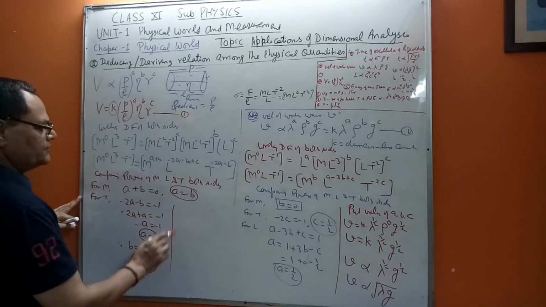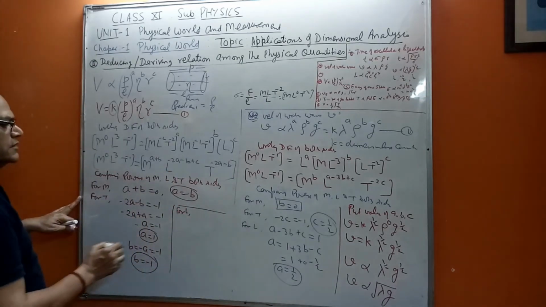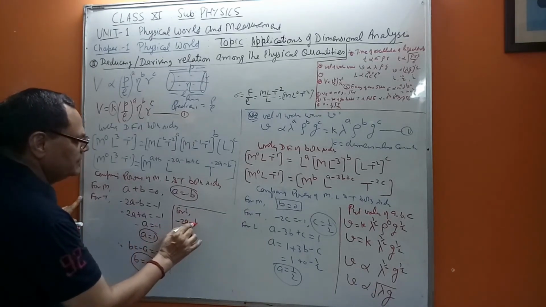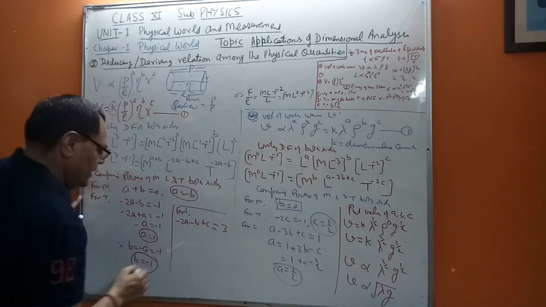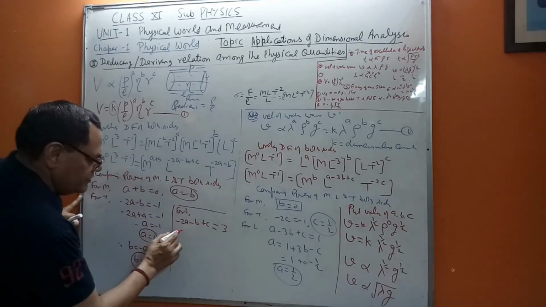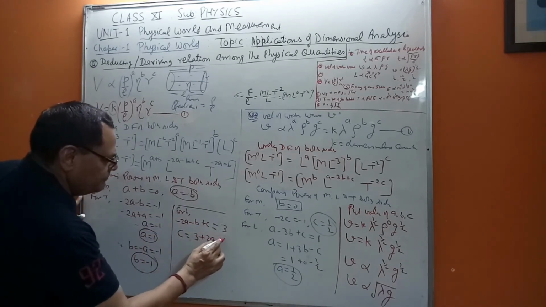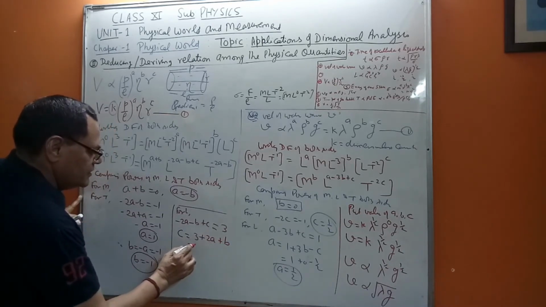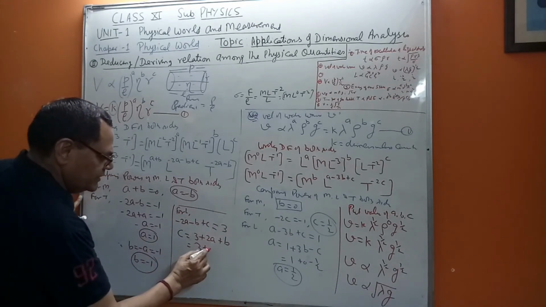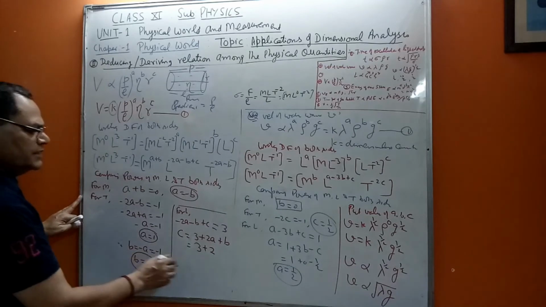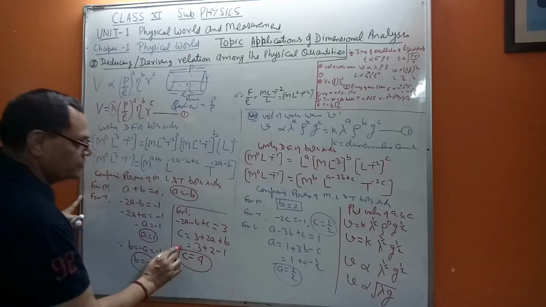Now what is left? The length. When you compare for length L, it is minus 2a minus b plus c is equal to 3. C is left, so we will keep c here and 3. This minus 2a goes to that side, so plus 2a and plus b. 3 as it is. The value of a is 1, so here 2 into 1 means 2, and b is minus 1, so minus 1. So the overall result is 4. Clear?